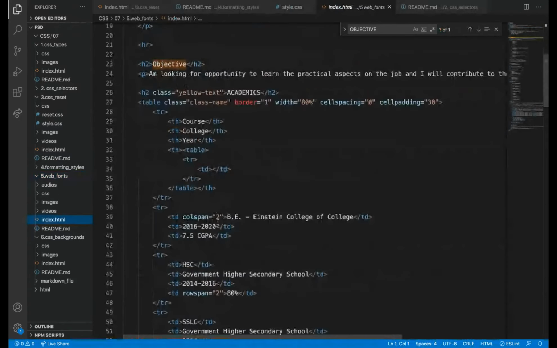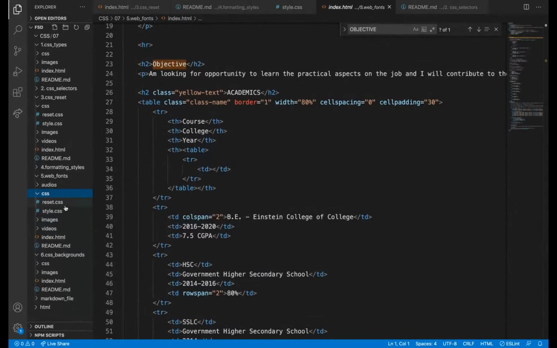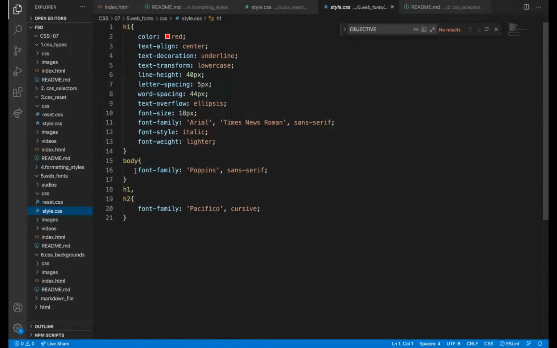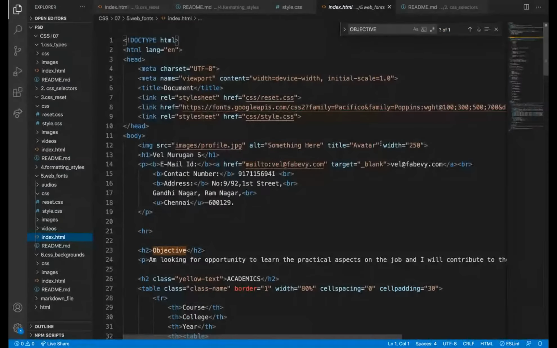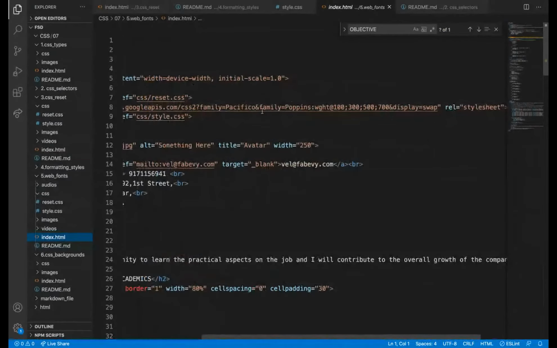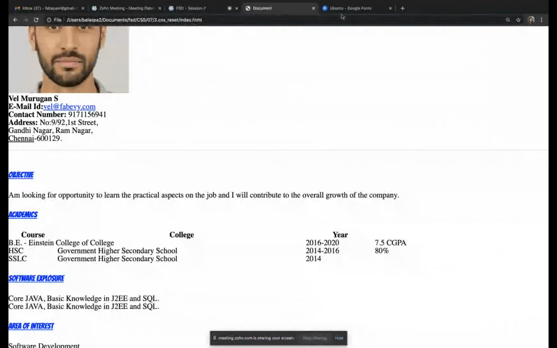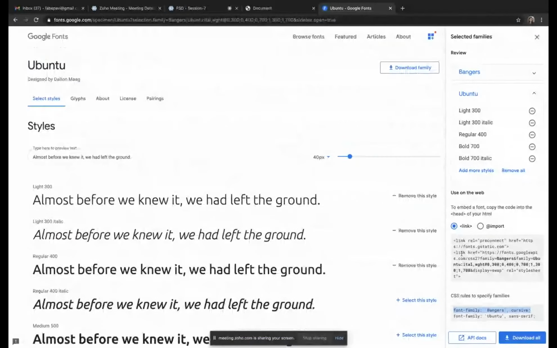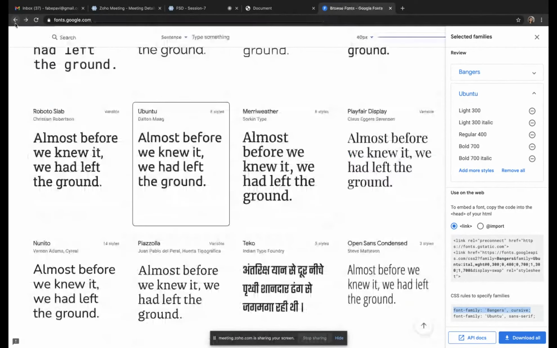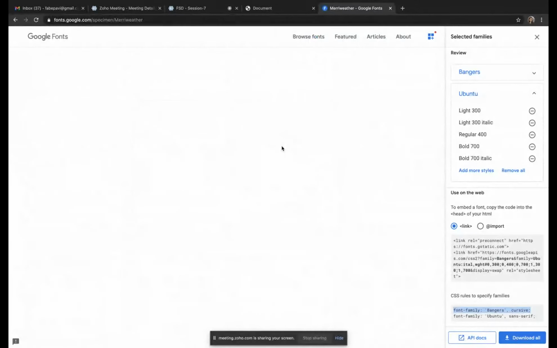See here, I have added in CSS, style.css, font family Poppins. See, in index HTML, I have added Poppins and also Pacifico, 2 font families. If I select 2 font families there, it will get those links too. So I can add another.